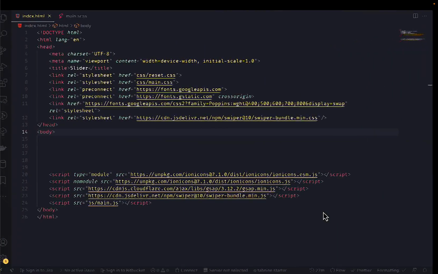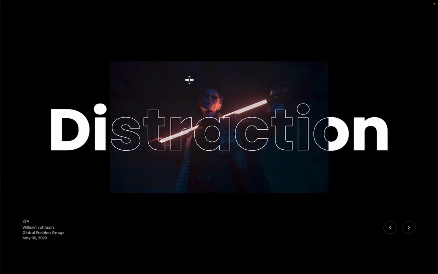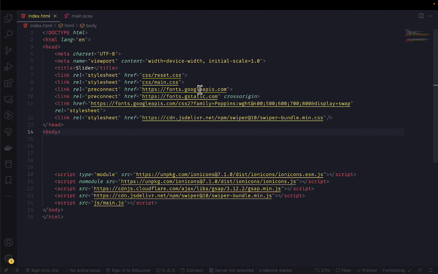What I've done so far is I've already created screenshots just to view the design, with the styles in SCSS. Then I already have this boilerplate. Currently I use the CSS reset from Eric Meyer's website. Then I get my main.css, which links from this main.scss after I compile. Then I use Poppins from Google Fonts as our base font. Then I already have the swiper.js files from their CDN. Then also I added the GSAP script, and I added Ionicons